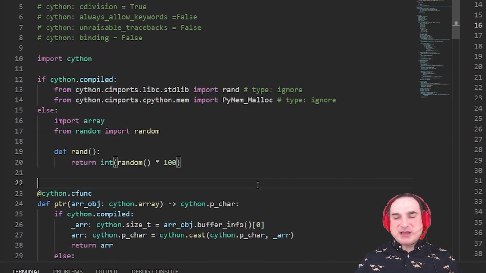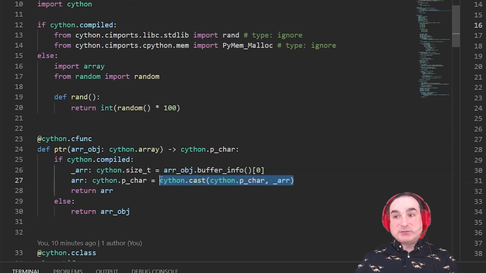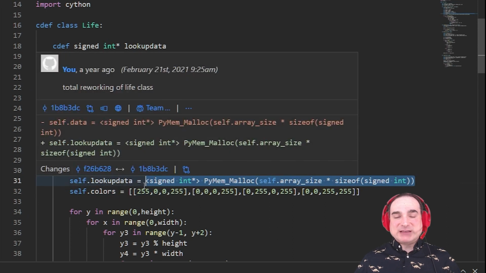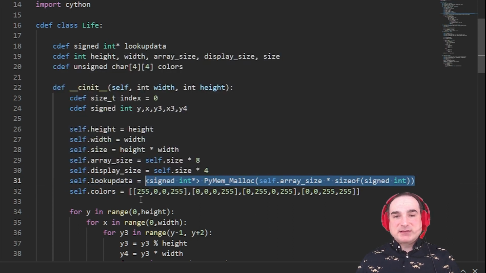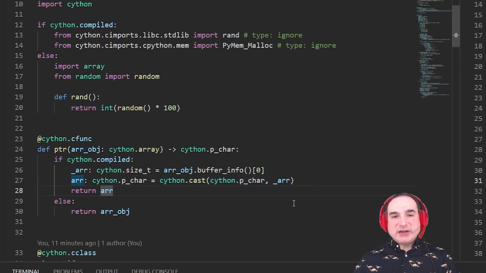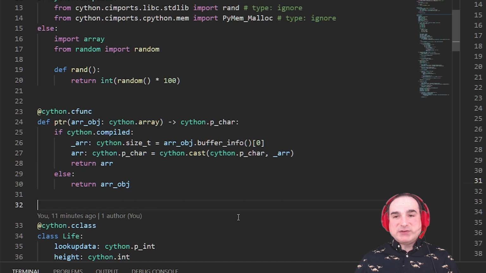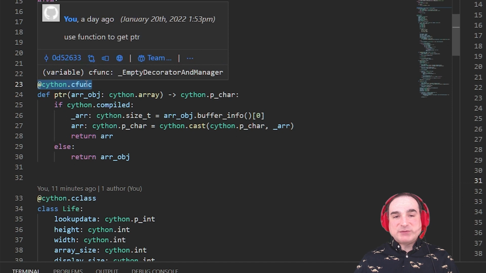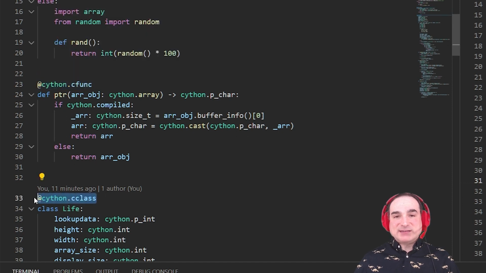Also, things like typecasts, which are commonly used in C and also in Cython too, are done by way of regular Python syntax, instead of the C-like casting syntax used in Cython, which is hard to follow and clashes badly with the rest of Python syntax. When we want to declare a Cython-level function or class, we don't use a custom keyword anymore, as we did in original Cython, where we used cdef. Instead, we take our function or class and we wrap it in a decorator, cython.cfunc to create a C-level function, and cython.cclass for a C-level class.